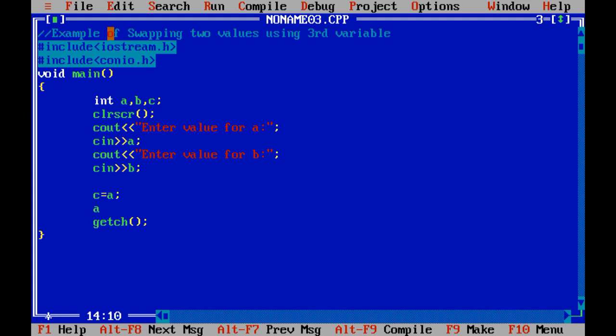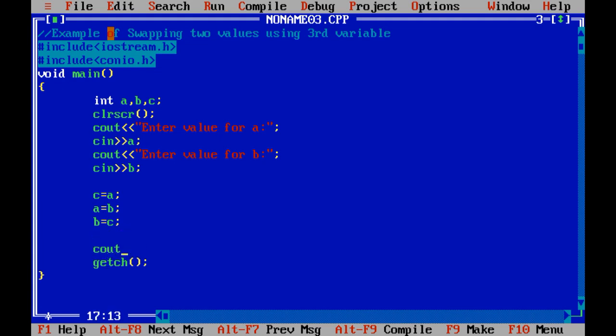Then a equals b, that means the value of b is transferred into the variable a, and at last b equals c, that means whatever value is stored inside c is transferred into the variable b.